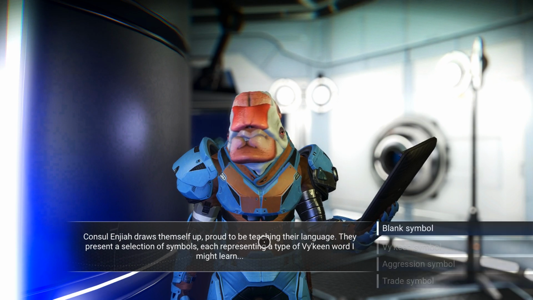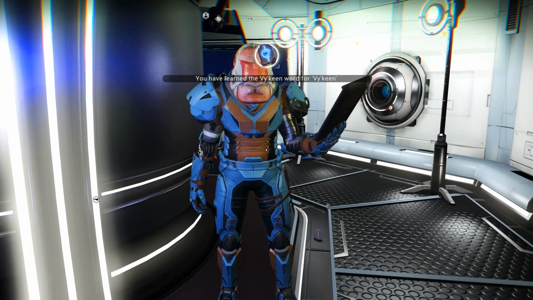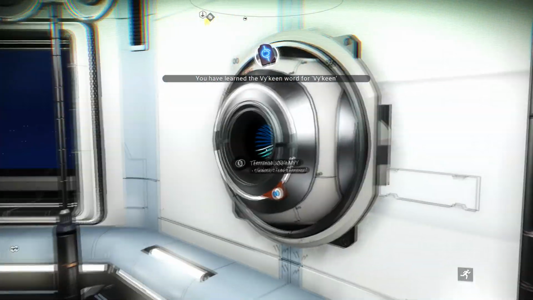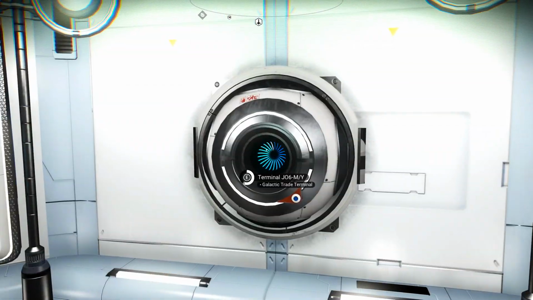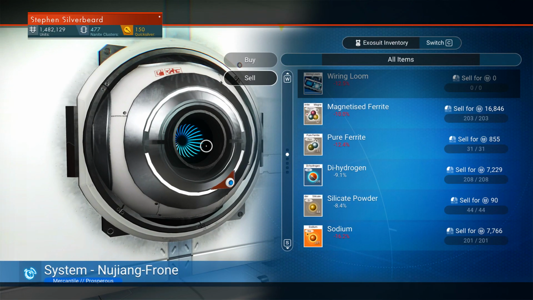And come in here. Yeah, Vakeen system. The console teaches me a word of their language. You got the Gek word for Vakeen. Always love that. Oh, the Vakeen word for Vakeen. I'm not sorry, oh man. So